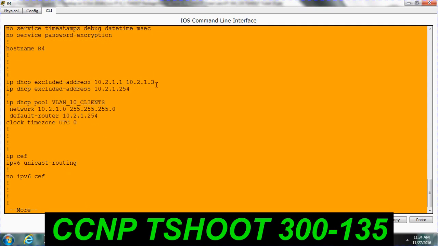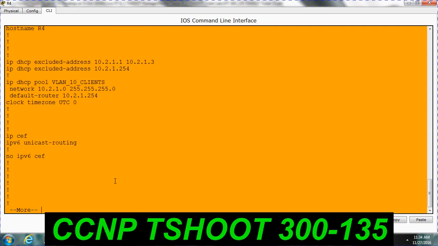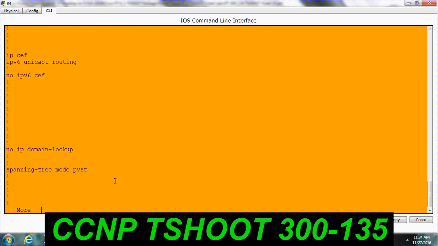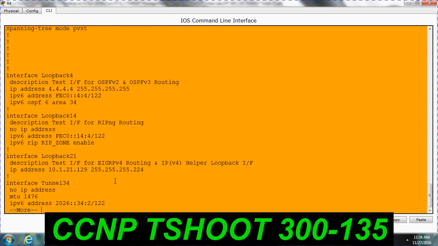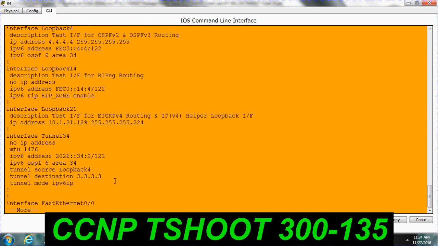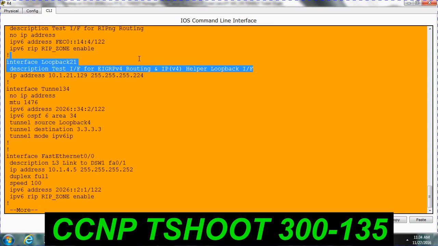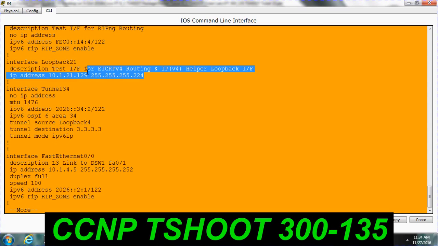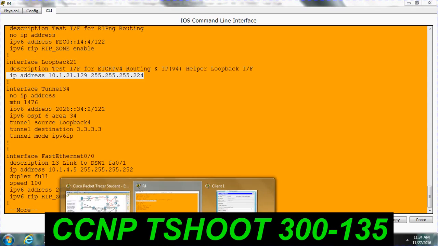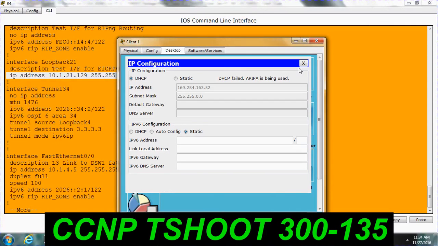See, DHCP exclude address config. Why they excluded 1 and 3 means these IPs are assigned to the aggregation switch. That's why they excluded. Okay, this is acting as a DHCP server. This interface is configured with a loopback interface, then it should be the IP helper. We need to see what is the IP helper